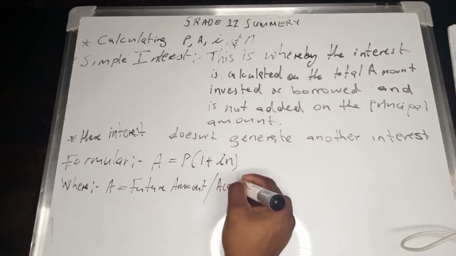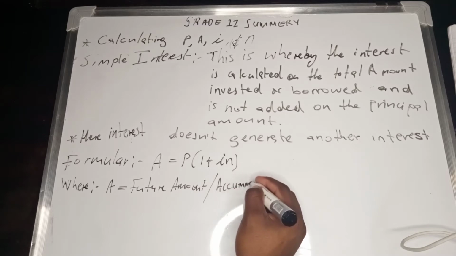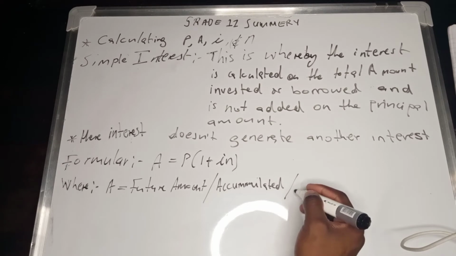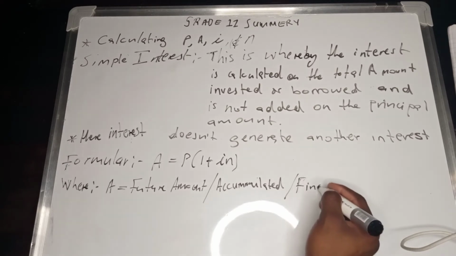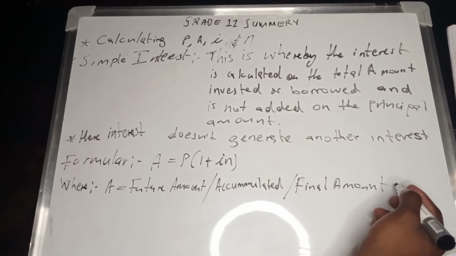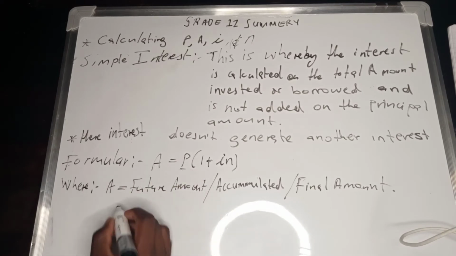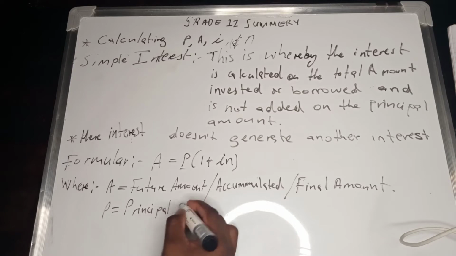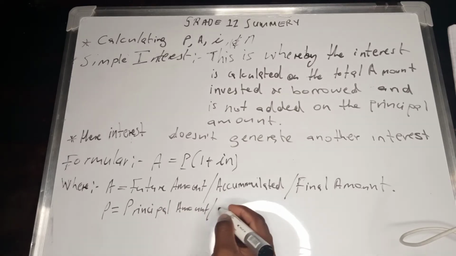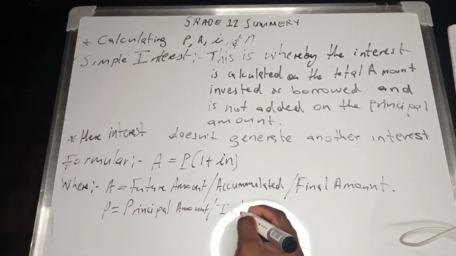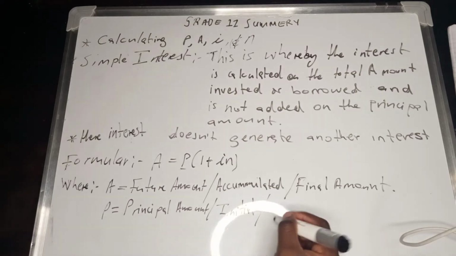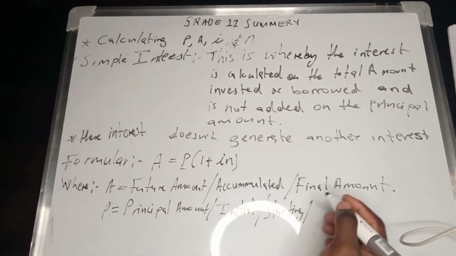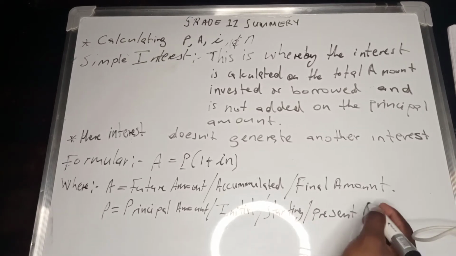where P is the principal amount or the initial amount or the starting amount or the present amount,